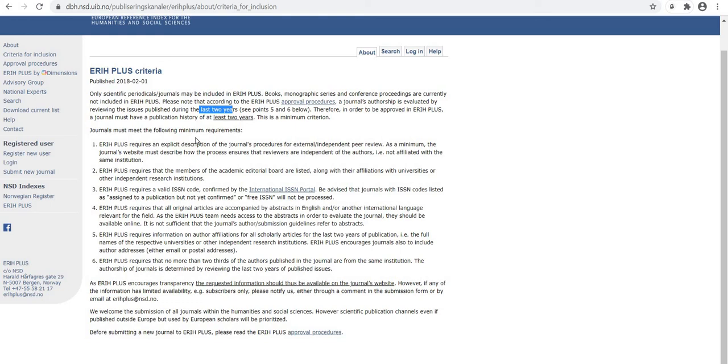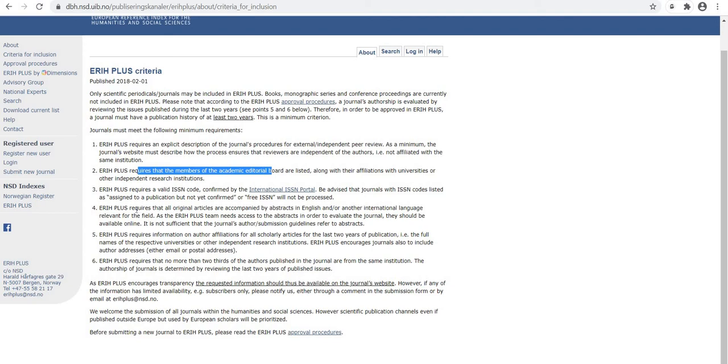ERIH Plus requires an explicit description of the journal's procedures for external independent peer review. ERIH Plus requires that members of the academic and editorial board are listed along with their affiliations with universities or other independent research institutions. ERIH Plus requires a valid ISSN code confirmed by the International ISSN portal.